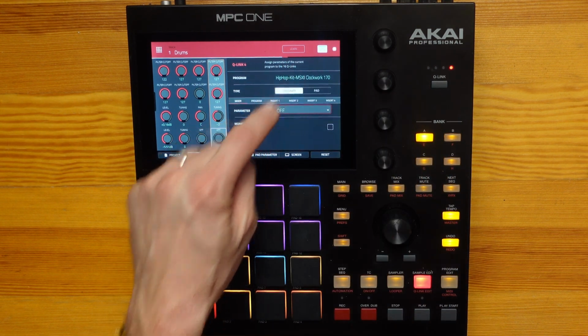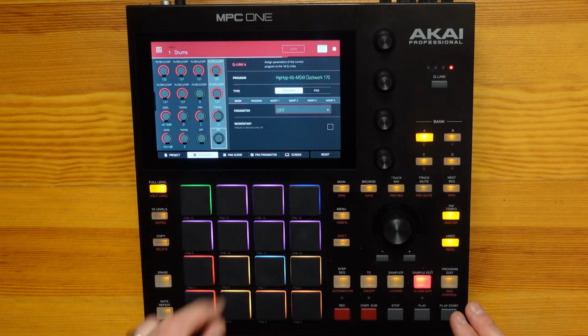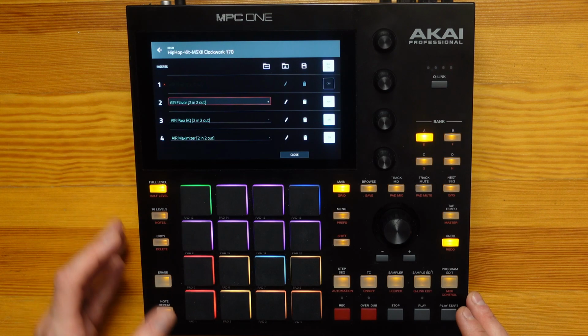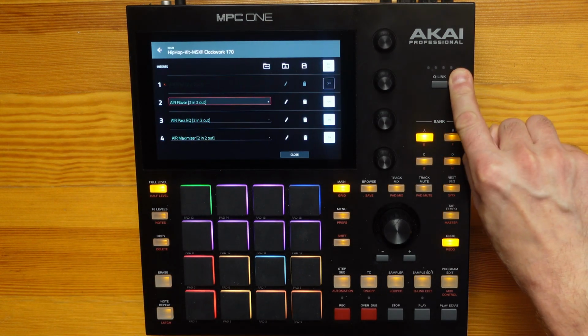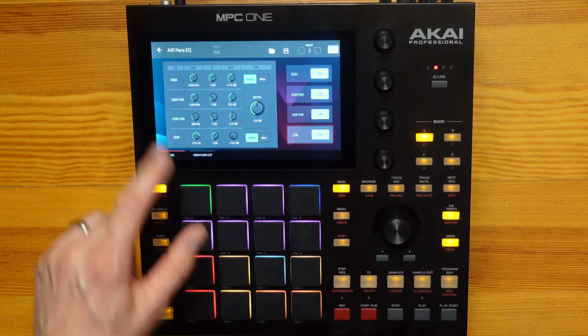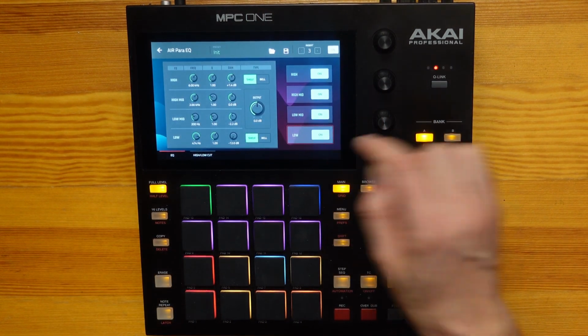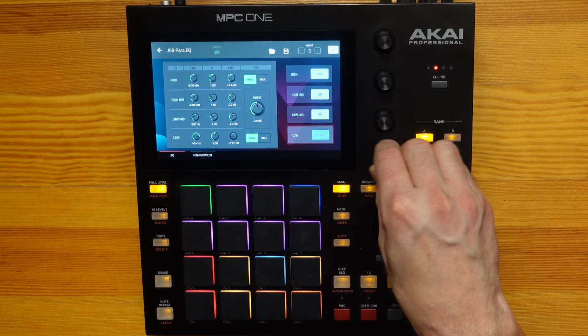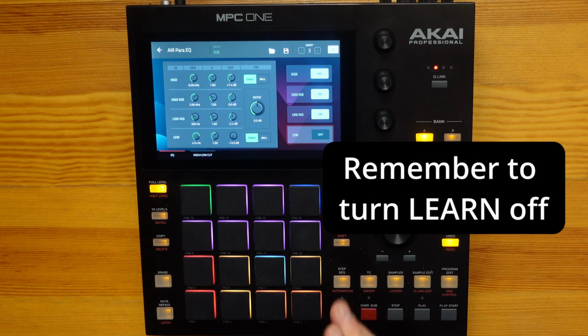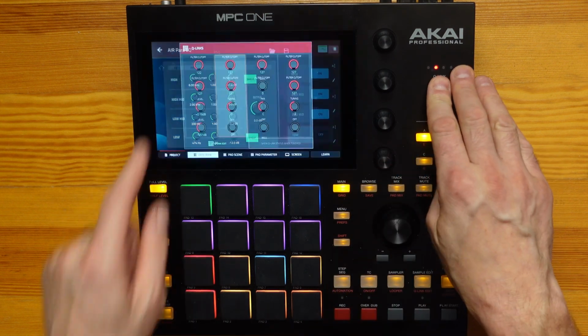So I need to make this into a program level change. I'm going to hit Learn. I'm going to come back into my main, go back into my effects. We can see that it's in Learn mode because it's currently flashing red right here. I'm going to pull up, and I'm just going to turn this on and off, and now this should be assigned to this Q-Link. And I can continue going forward and doing more custom assigning for this specific Q-Link section